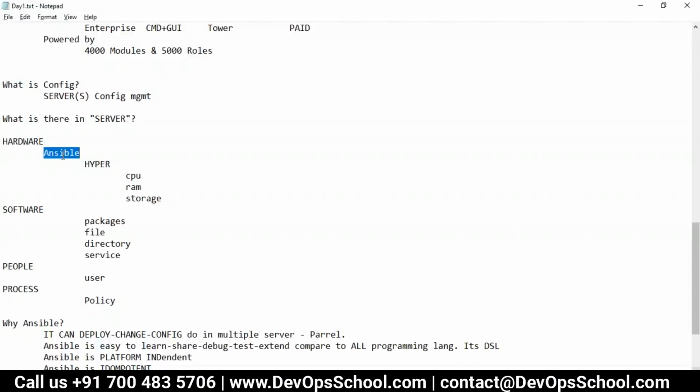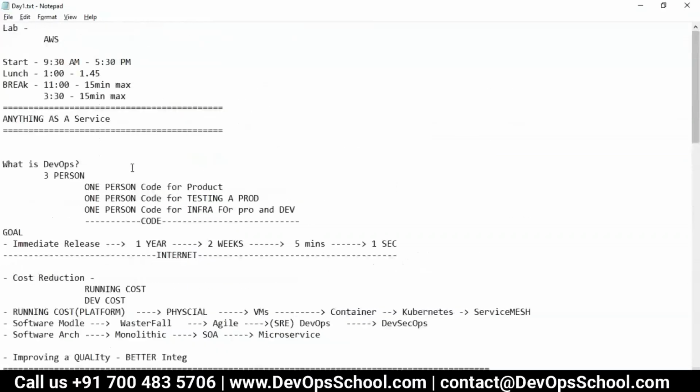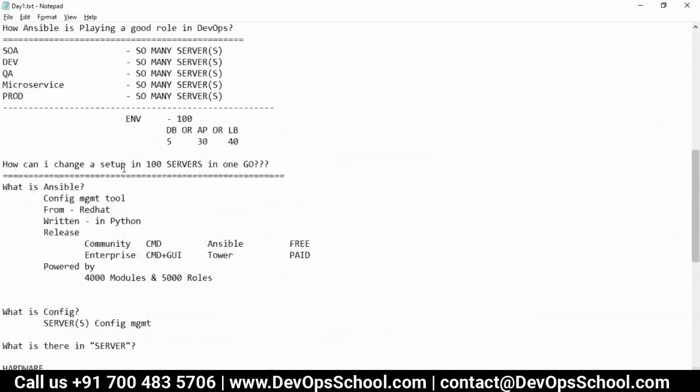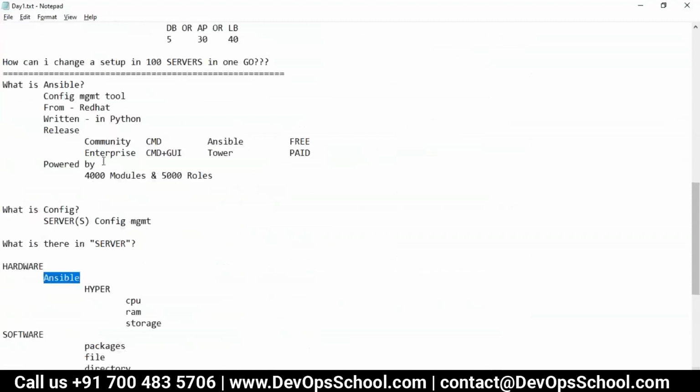Okay, got it. So that's the reason. Here you have 4,000 modules. All these things are possible because of those modules. But Ansible has no property as such to manage your platform. Ansible will outsource this work to someone else. Guys, any other questions?